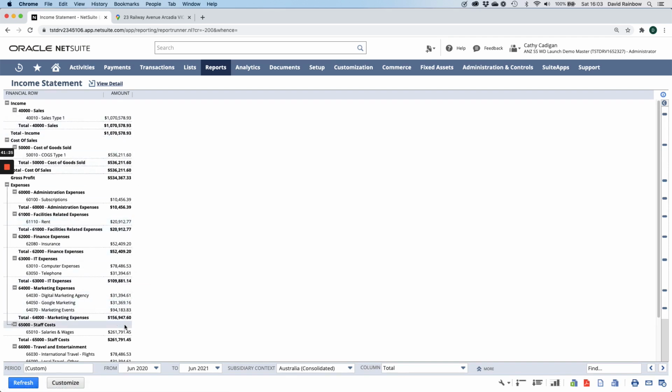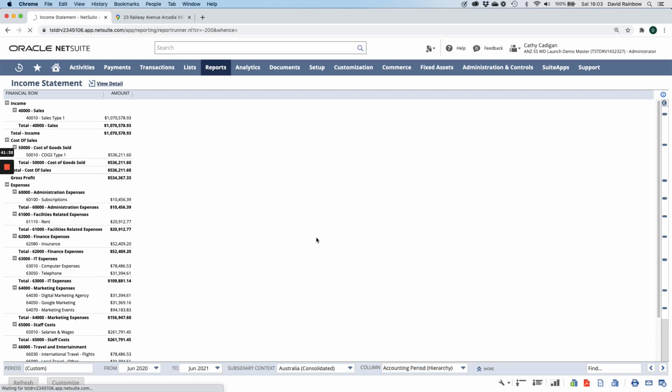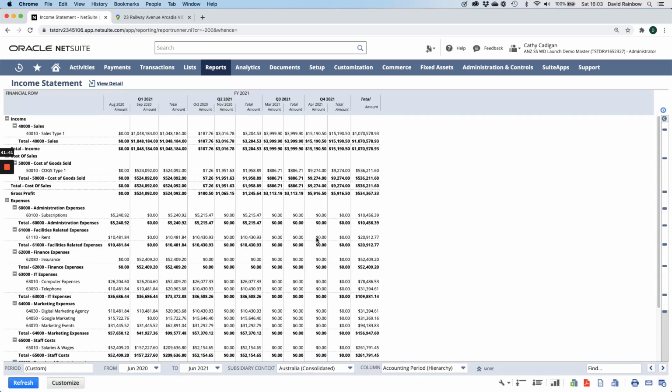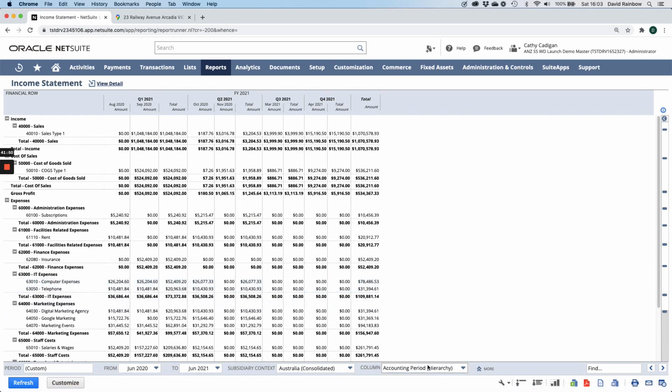across those accounting periods. Now, if I have got information across accounting periods, I may choose to say, well, actually, I'd like to break that down by the accounting period. So let's select the accounting period hierarchy, and now I can generate the report across the page so that I can see the information in each one of the accounting periods. So it's very quick and easy to do. If I bring this back now to the total, and refresh that again,